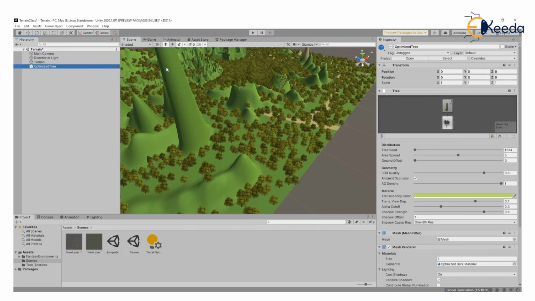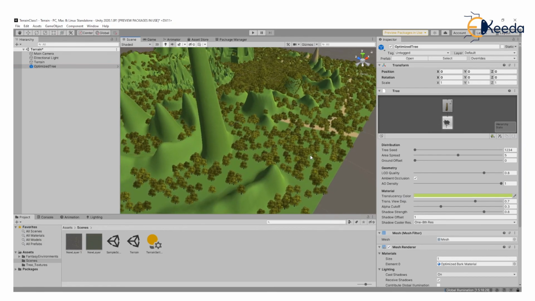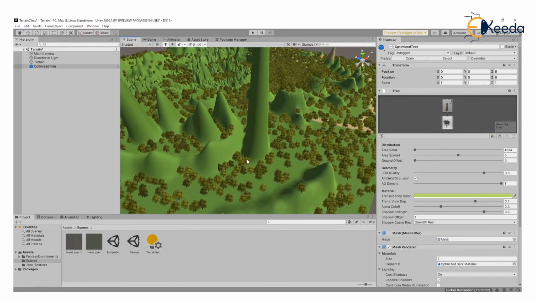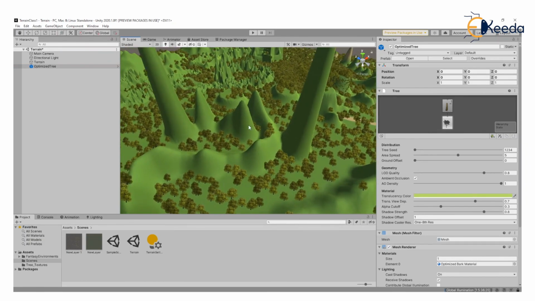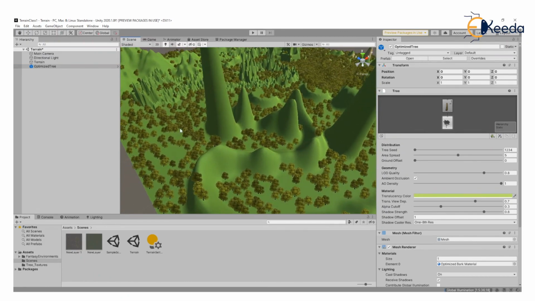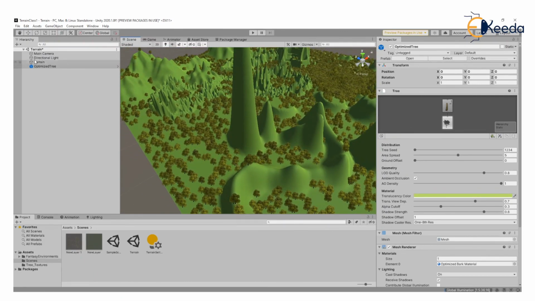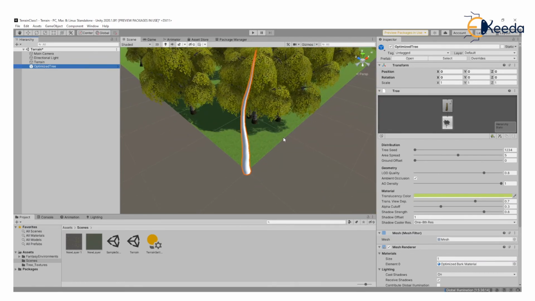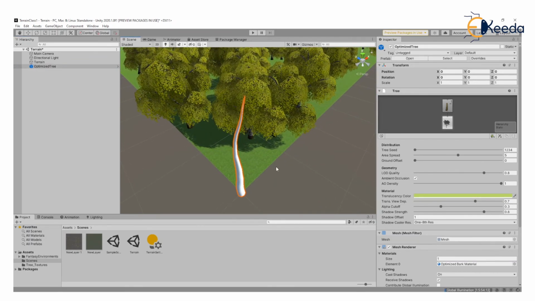Let's see where the tree is added. It's added at the origin right now. I'm trying to find where that origin is. Here it is. So the first time when you add a tree, it will look like this. It will look like a simple branch where now you have to add leaves, you have to add various textures, you have to add a lot of things.